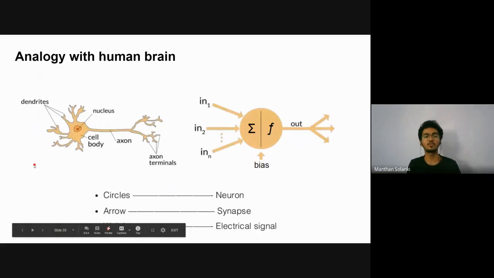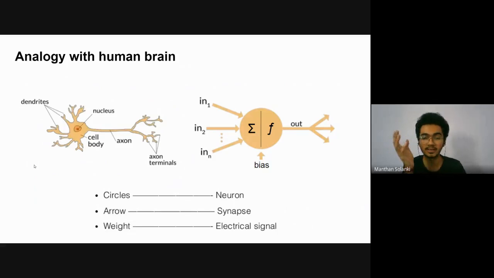Now, the analogy with the human brain. Where did the neuron concept come from? We have these kinds of neurons in our brain, with dendrites, nucleus and cell body, and the dendrites are connected with other neurons. Let's take an example.